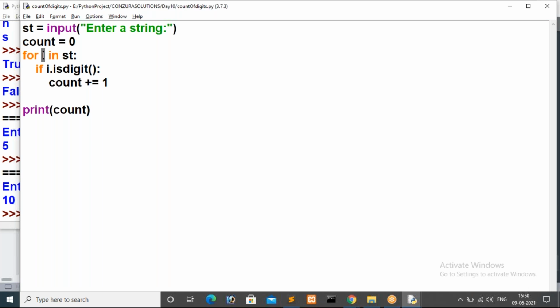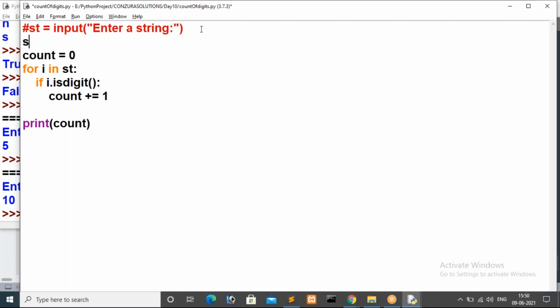No. We are not going to use range of length of integer, guys. We are not iterating integers. Now we are getting characters. Now in the first iteration, what is the I value? Just assume I'm commenting out this one, removing it.